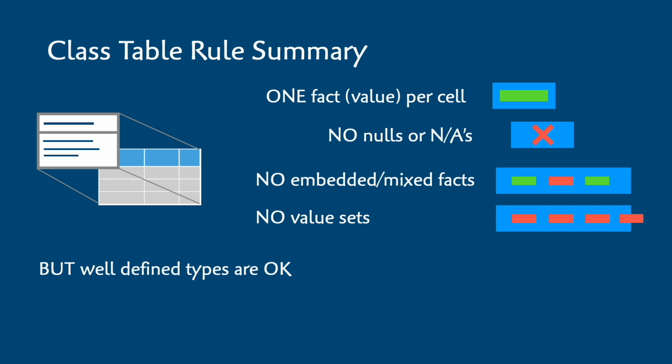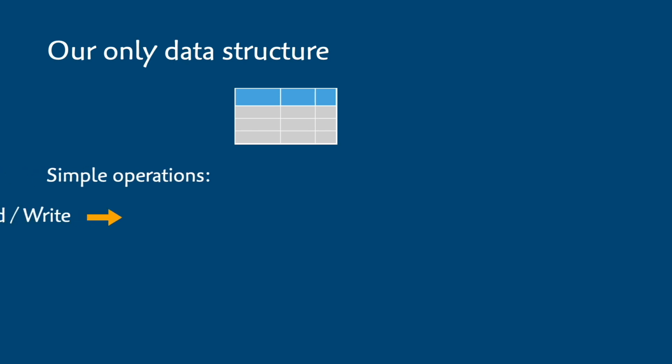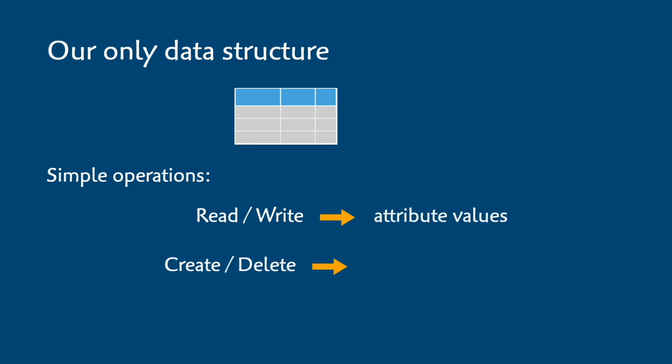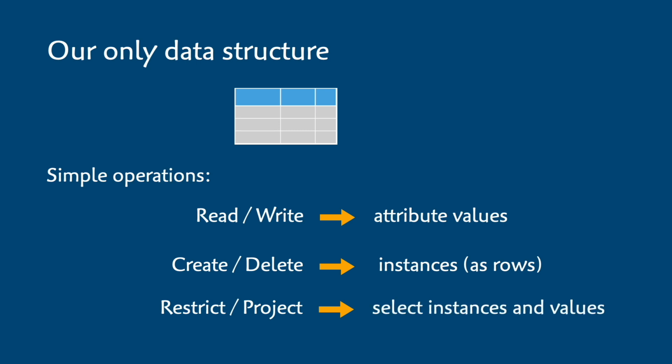Typically, we only do this for values with well-defined structure and supported operations, like say a GPS location, timestamp, vector, or maybe some kind of image transform. These rules help us tackle complexity, keep our data consistent, eliminate redundancy, and avoid a whole host of well-researched data integrity problems, and keep our model logic as simple and powerful as possible. Adherence to the rules sets us up to specify actions with a small set of simple table operations. We can read and write attribute values, we can create and delete instances, and we can grab a subset of instances and their attributes based on any criteria we specify.